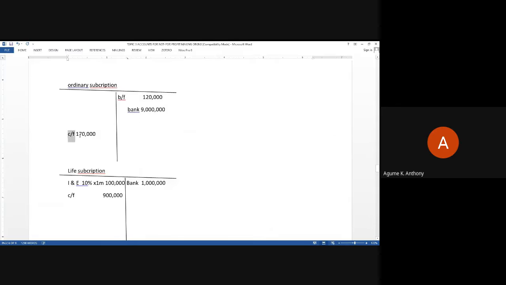So if you balance off this account, because the credit side is bigger, to get 9 million, 120,000, what you will charge in your income and expenditure,